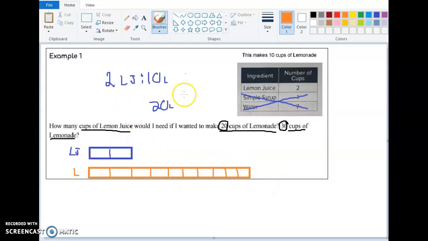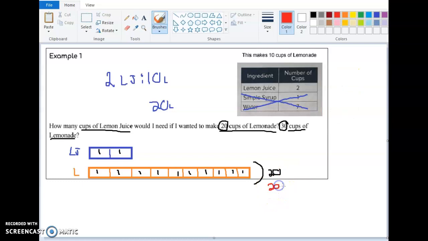So if I'm talking about my 1 cups, all these are going to be worth 1. This is a cup, this is a cup, this is a cup. But remember, if those are 1 cups and these both count as 1, what if I'm talking about those 20 cups? I need this to equal 20. That lemonade needs to equal 20. I know that if I split 20 up into these 10 boxes, they're each going to be 2, but you can think about it as